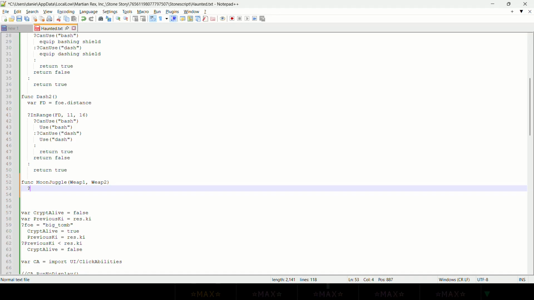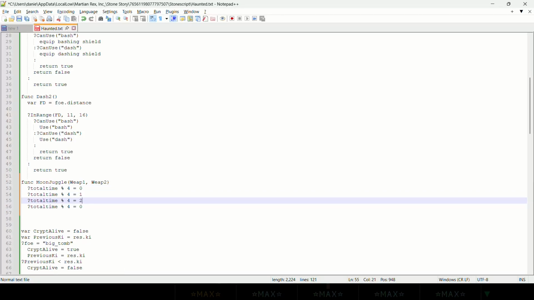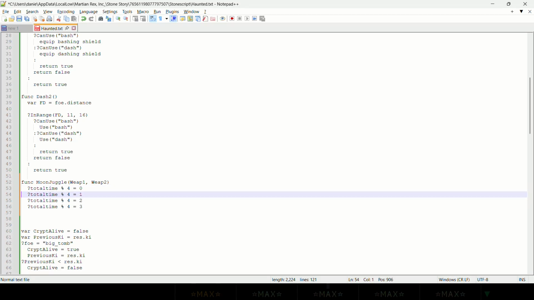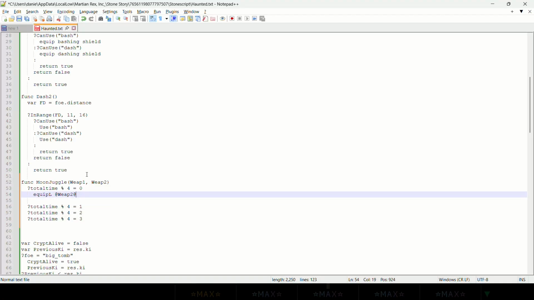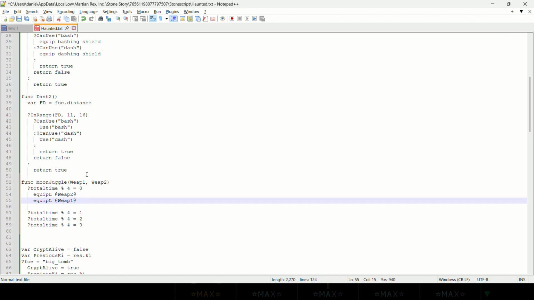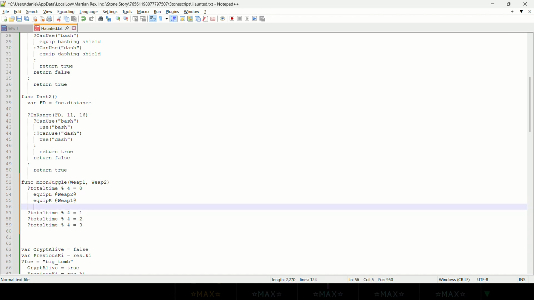We're going to say if total time modulus 4 equals 0. Oops, not that many. 1, 2, 3. On the first frame, you're going to say equip L whip 1. Actually, now let's go whip 2. And whip 1. Then on the second frame,